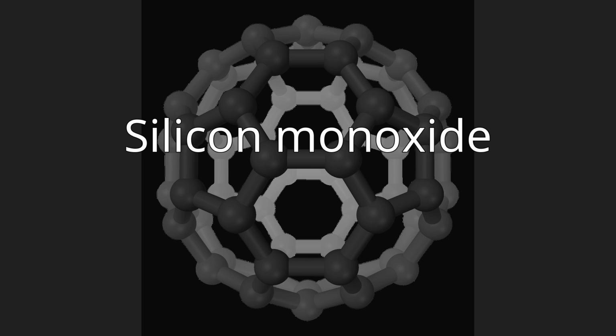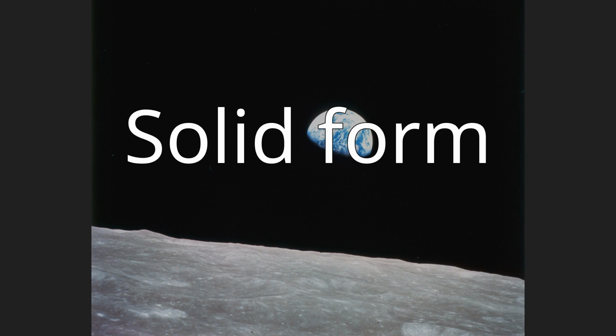Silicon monoxide. Silicon monoxide is the chemical compound with the formula SiO where silicon is present in the oxidation state +2. In the vapor phase, it is a diatomic molecule. It has been detected in stellar objects and has been described as the most common oxide of silicon in the universe. Solid form. When SiO gas is cooled rapidly, it condenses to form a brown/black polymeric, glassy material, SiOx, which